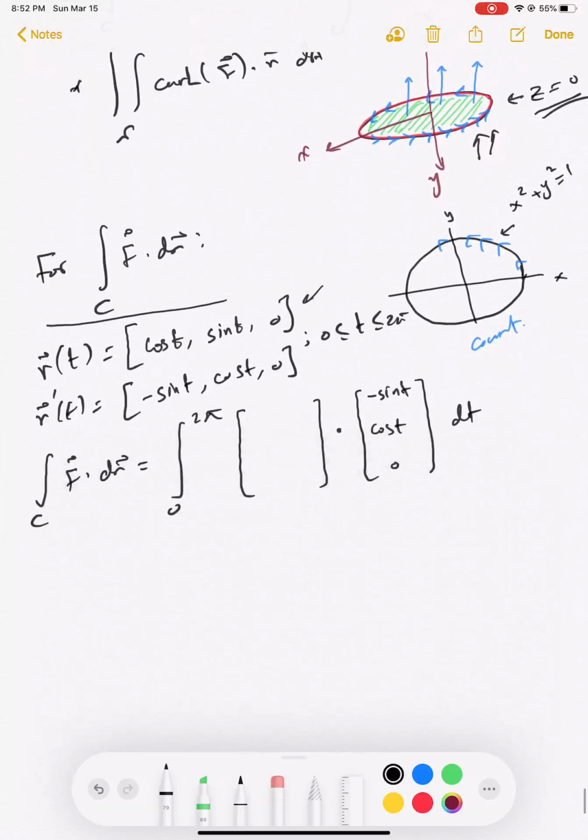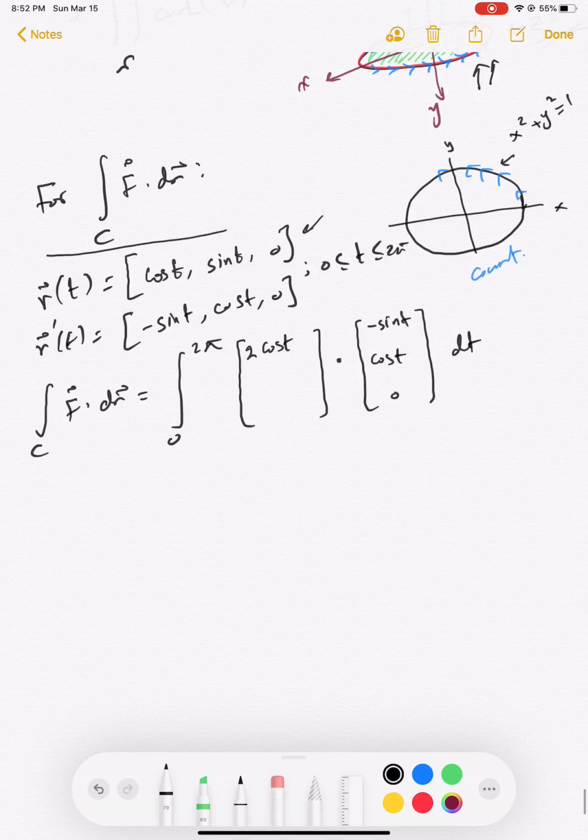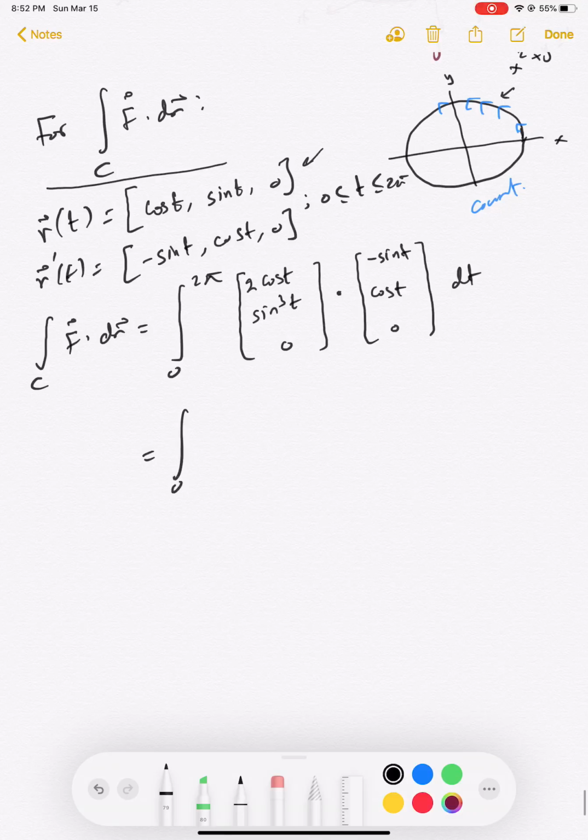So your f is 2x, y cube, and z, which is 0. So now if you compute this integral, it will be from 0 to 2 pi of minus 2 sine t cosine t plus cosine t sine cube t dt, and nicely